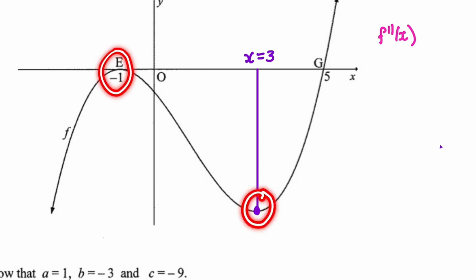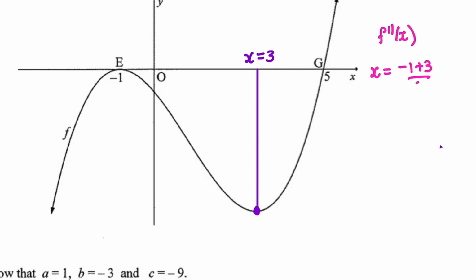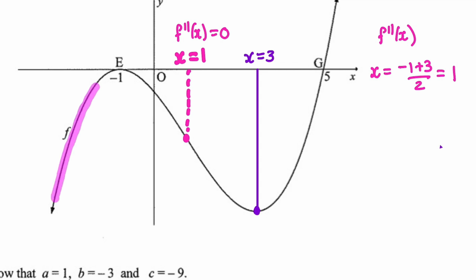So we can find the x value for the point of inflection. The x value would be in the middle of -1 and 3, so therefore that x value is at x equal to 1. So here where x is equal to 1, we have our point of inflection, which is f double prime x equal to 0. Now you can see everything moving towards that point is concave down,